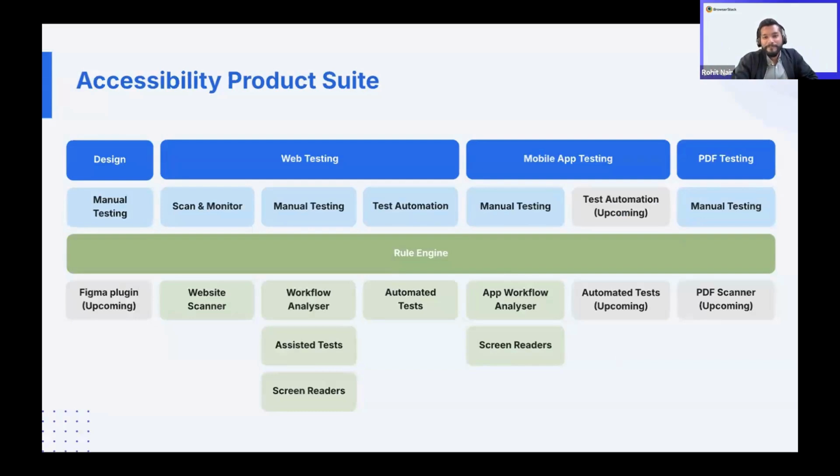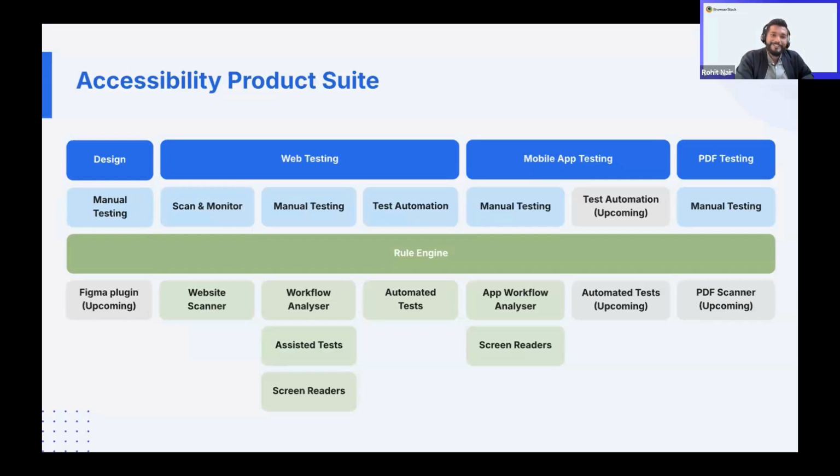So for all the folks on the call, this is our accessibility product suite. We are really trying to solve this problem from multiple angles now. Right from the design side, you can see at the most left-hand side of the box, the design team that's actually building this tool.